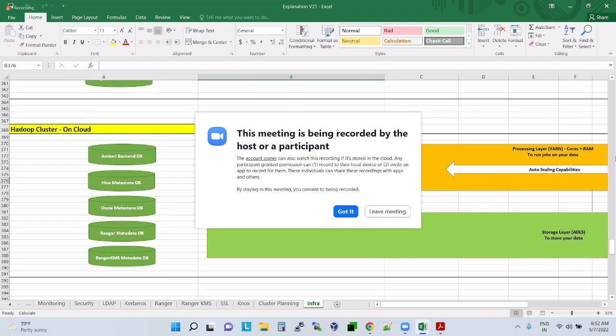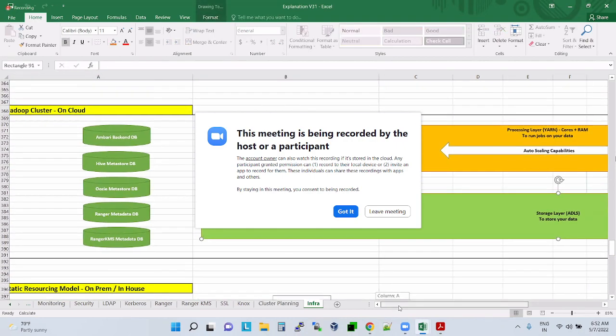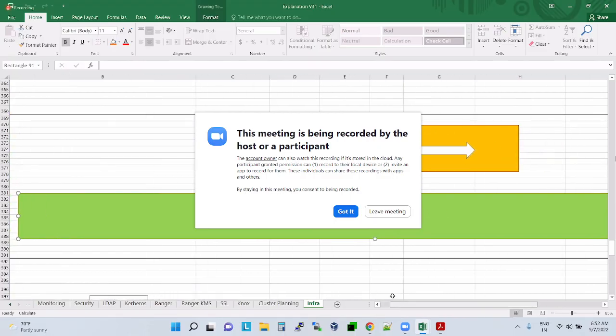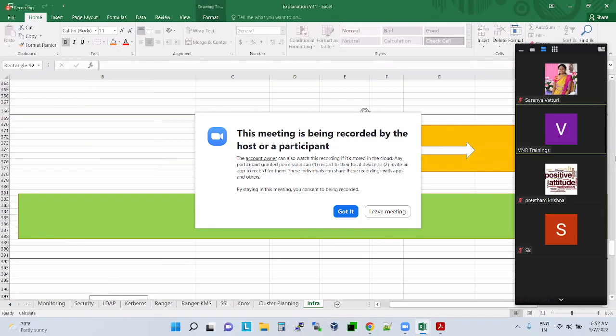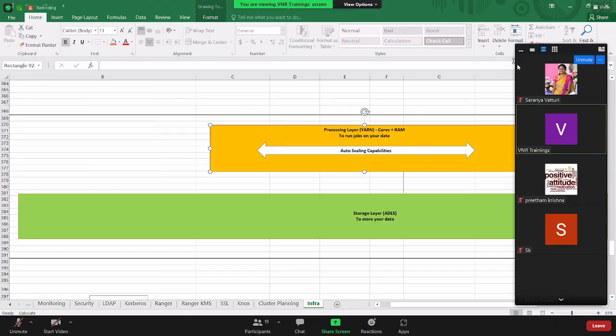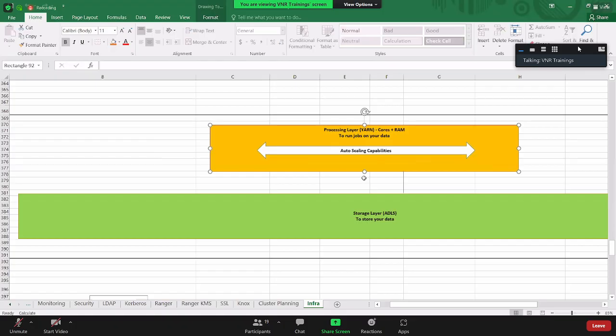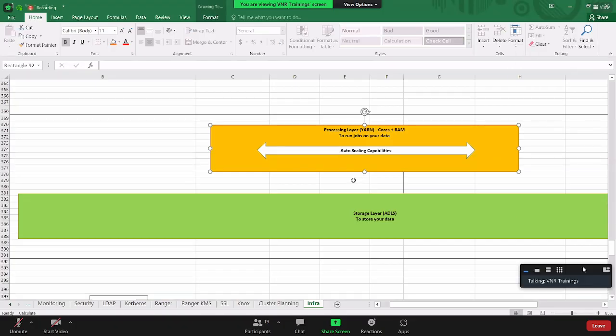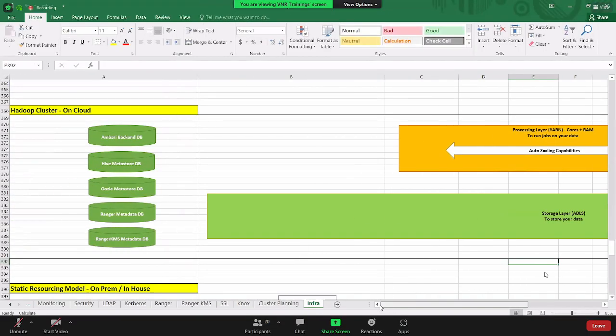So this we have also seen. Here, one good thing they have done is they separated the storage and processing. Storage is separate in cloud and processing is separate. Storage will always be permanent, and processing will be elastic. Elastic means it will have auto scaling capabilities. Whenever you want more processing, you can take more processing. Whenever you don't want, you can take less processing. That's how they have designed it.